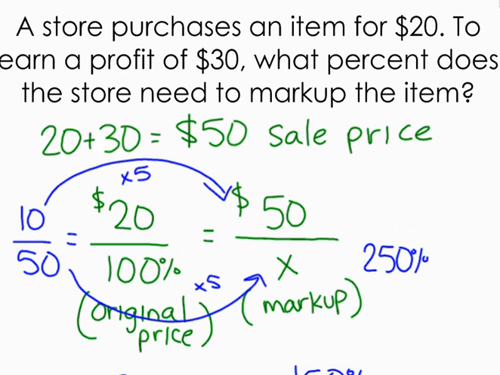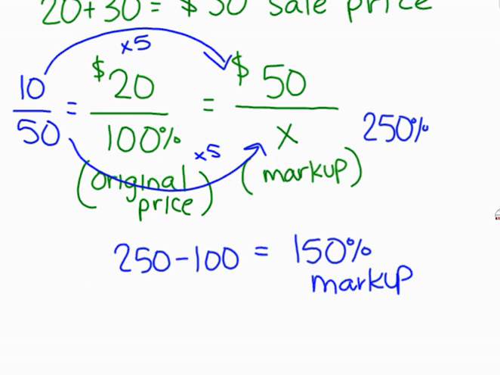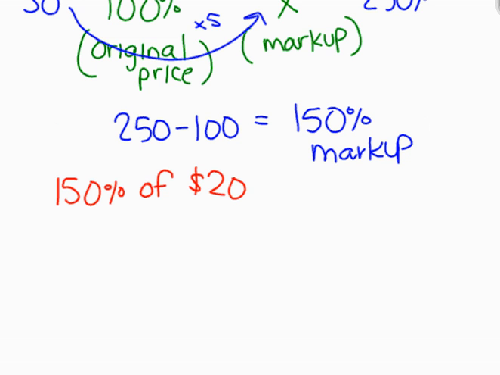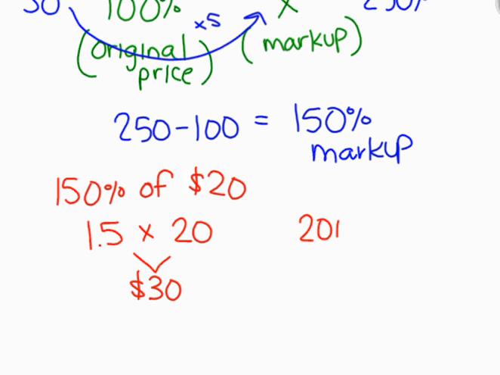And then again, just to show how that would work, I could plug it in to test it. So if I have a 150% markup, then I'm going to find 150% of $20. When I multiply those two together, that's the same as doing 1.5 times 20, and that's going to come out to $30. That matches what the markup amount was going to be. And 20 plus 30 is 50, and that represents the sale price that I knew I needed to sell this